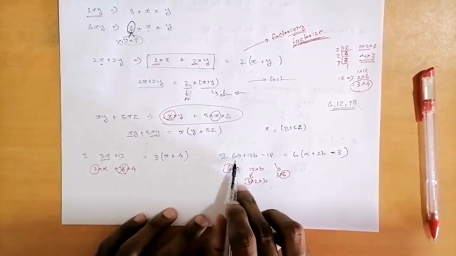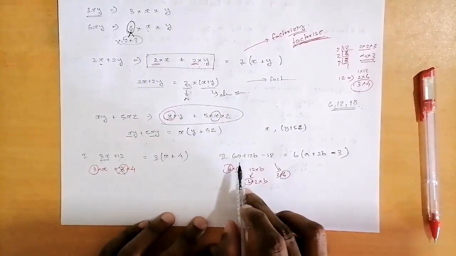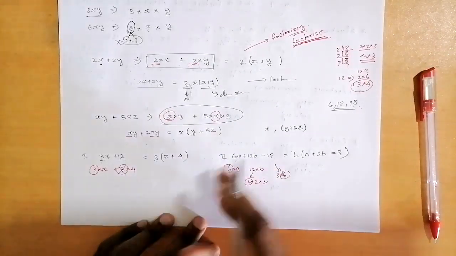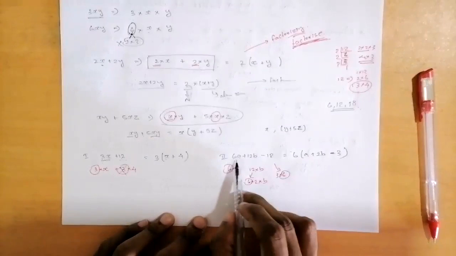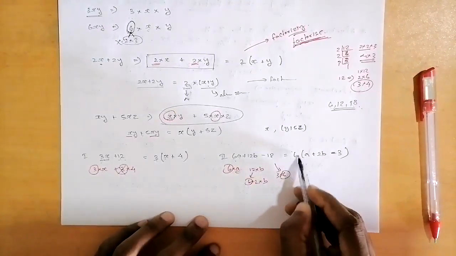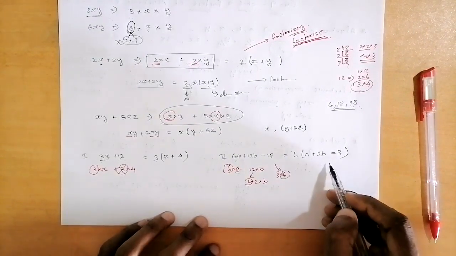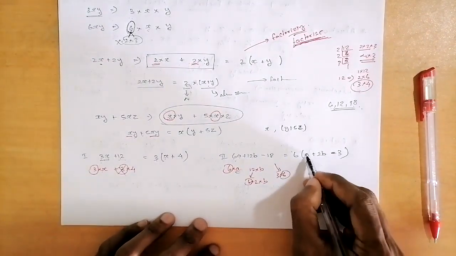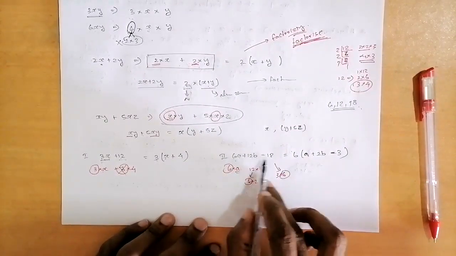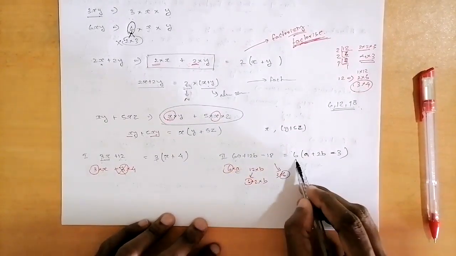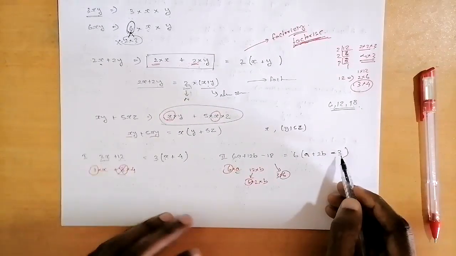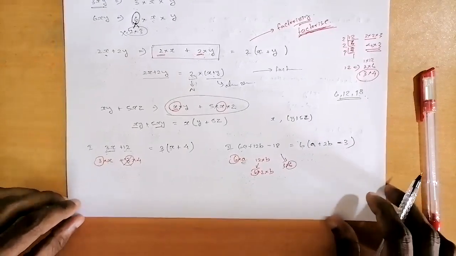If you're given 3 terms, you should take out a common element. That is factorizing, you know. So which one is the common element? 6 is the common element. We take out the 6 and the remainders are within the bracket. So what are the factors of this algebraic expression with 3 terms? 6 and a plus 2b minus 3.